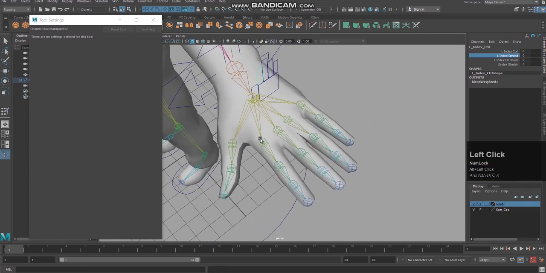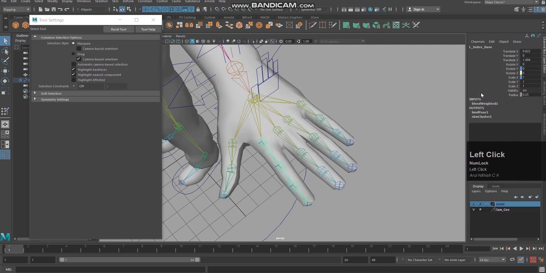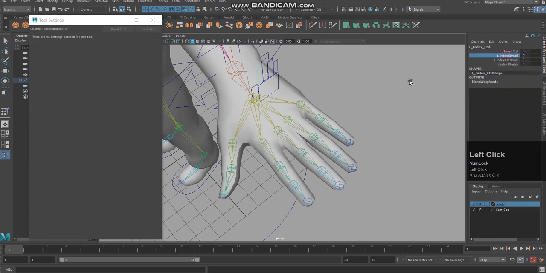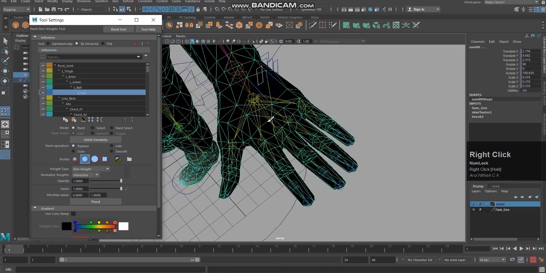So it is very simple. For this index spread, I have used only this joint. We have used only this joint in set driven key. So we need to control this. So I'm going to use the paint skin weight tool again.